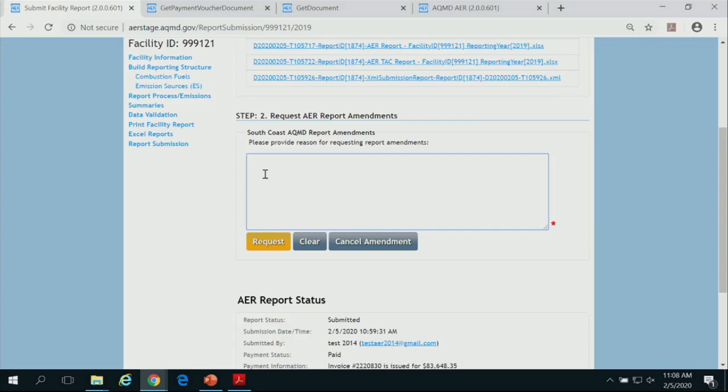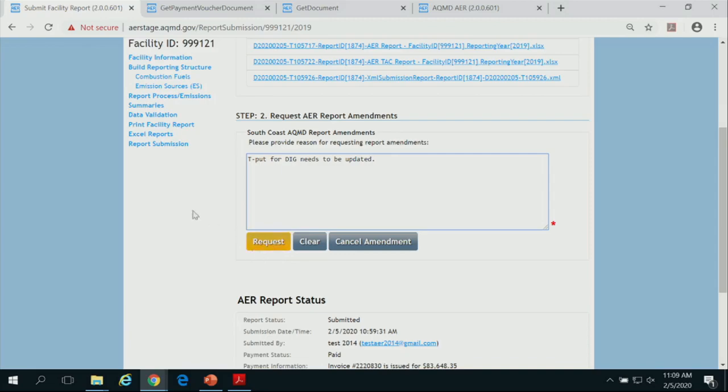And we recommend you be as descriptive as possible, so we can help you out if no amendment needs to happen before unlocking the tool for you. And then let's say the throughput, digester gas needs to be updated. But be more descriptive. When you click on the request button, what happens is we receive an email from the tool,